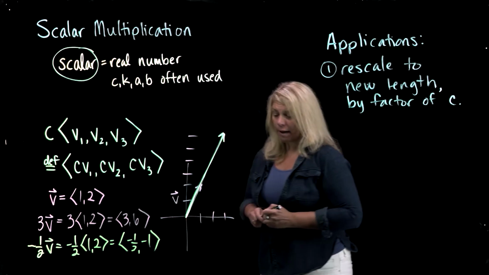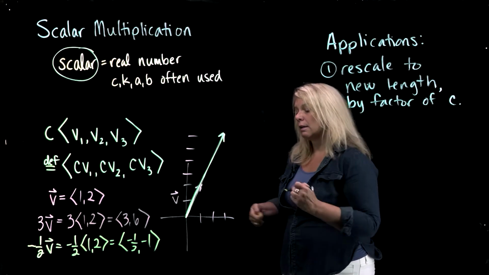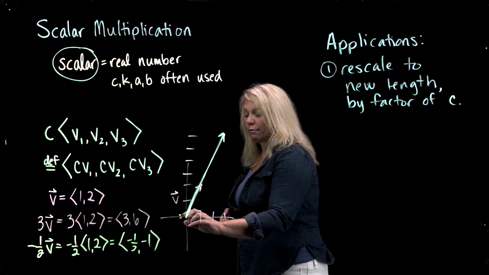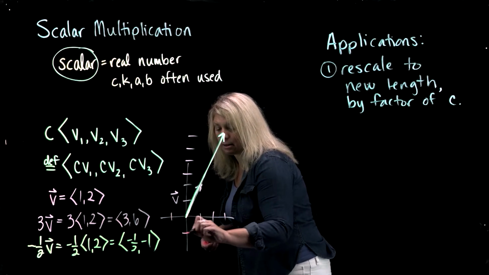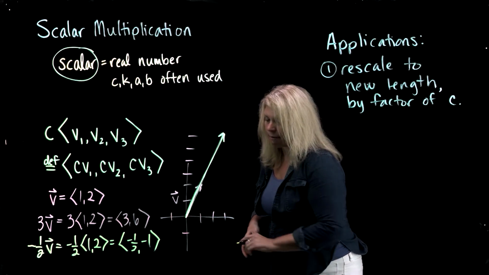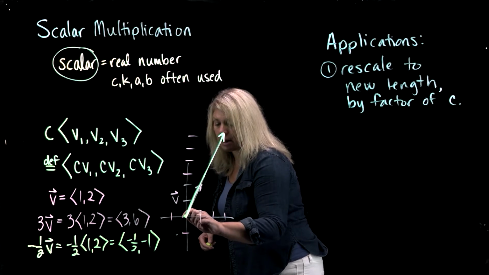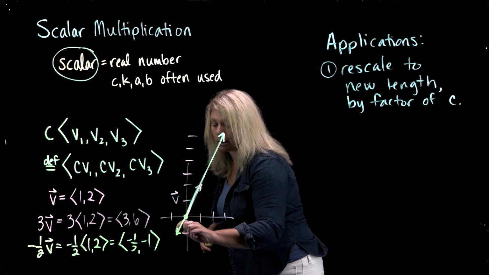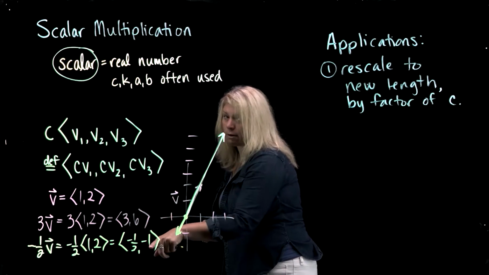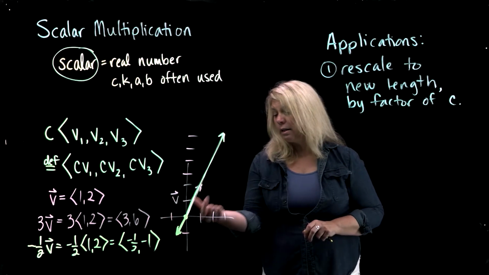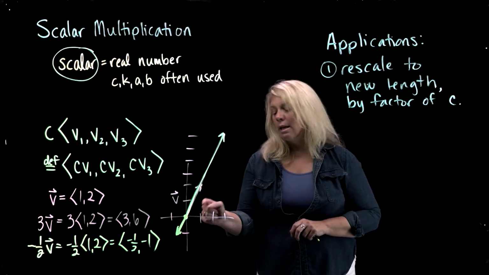And so if I sketch that vector with its tail at the origin, I would go left 1/2 and down 1. I didn't scale my axes here, but we can fix that. Left 1/2 and down 1, we'd get a vector over here. And that new vector, negative 1/2 v, is half as long. You can calculate the magnitude of that, half as long as the original vector that I started with, and in the